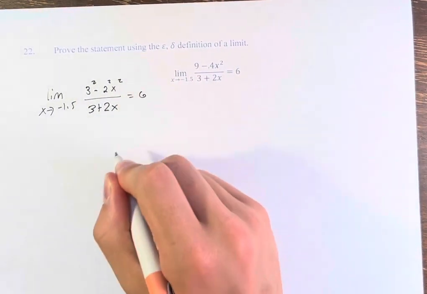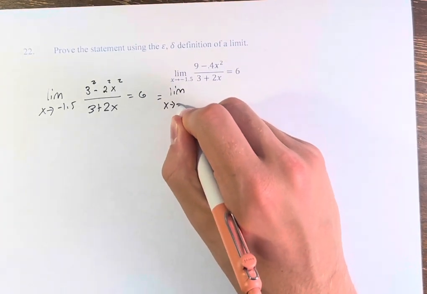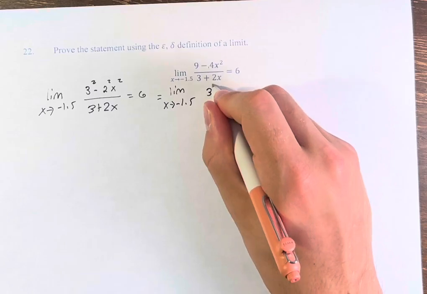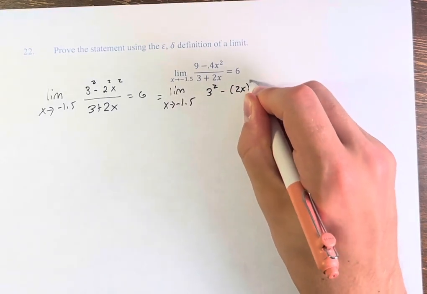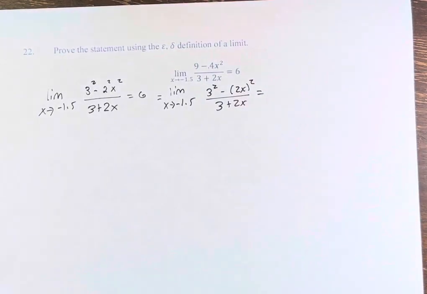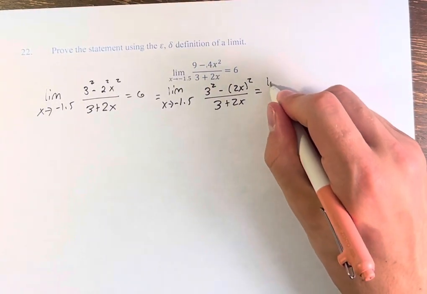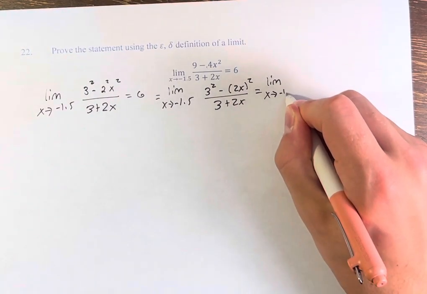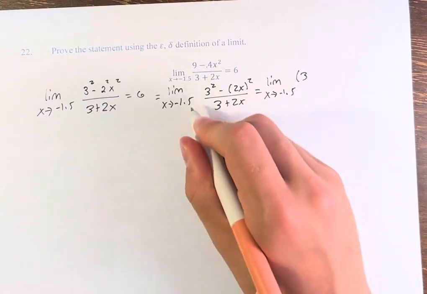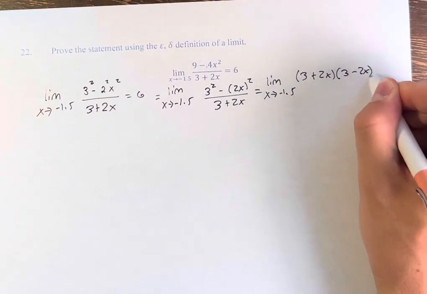Therefore, this is the limit as x approaches negative 1.5 of (3 squared minus 2x squared) over 3 plus 2x. On the numerator we have the difference of two squares, so this is equal to (3 plus 2x) times (3 minus 2x)